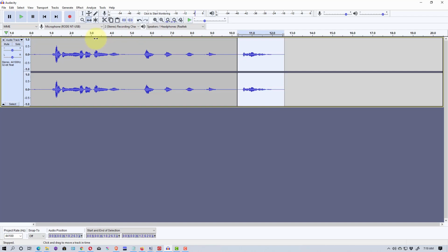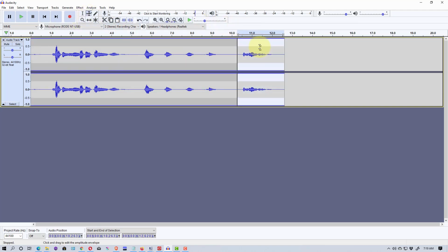All right, so now the next tool that we'll look at is this tool right here, which is the envelope tool. Now let's go back to here, and we're going to play this. This is the end of the sample. Say we wanted that to fade out. We can use this envelope tool,